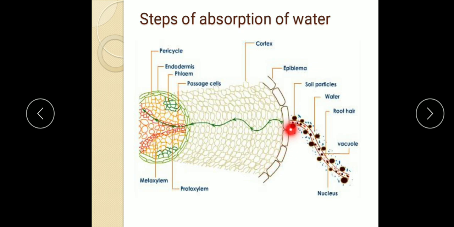Now from the epidermis, water goes to the cells of the cortex. You can see here. How does it happen? In the same way, by osmosis, like from root hair to epidermis through osmosis, from epidermal cells to the cortex through osmosis, because epidermal cells have more concentration of water than the cortex cell. So from epidermal cells, water enters into the cortex cell by the process of osmosis, which means the movement of water from the region of higher concentration to the region of lower concentration through the semi-permeable membrane or selectively permeable membrane.